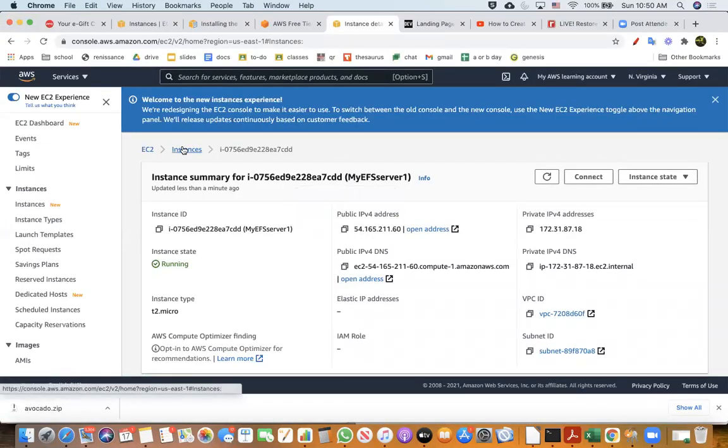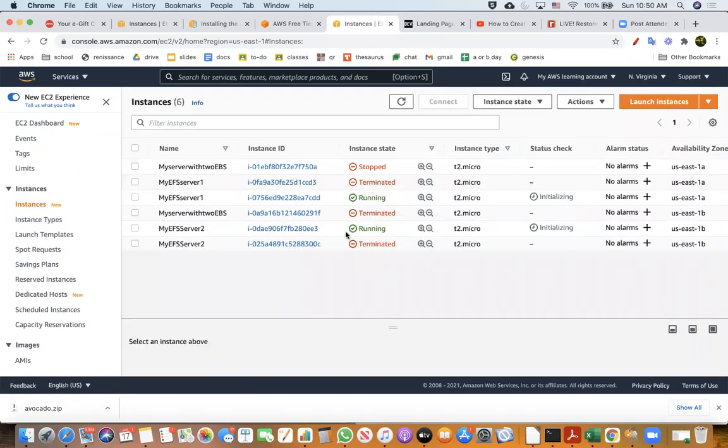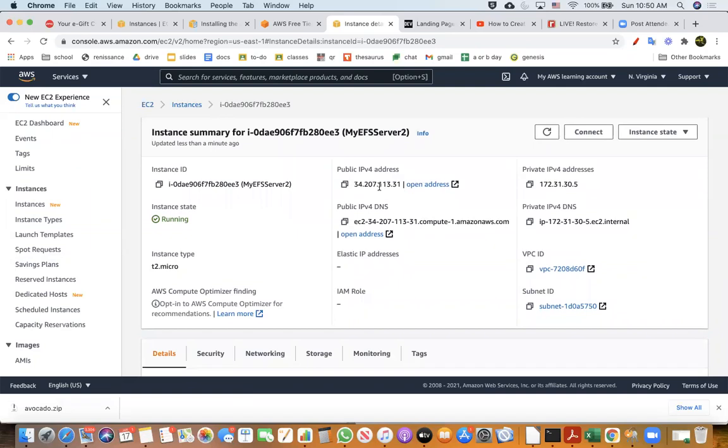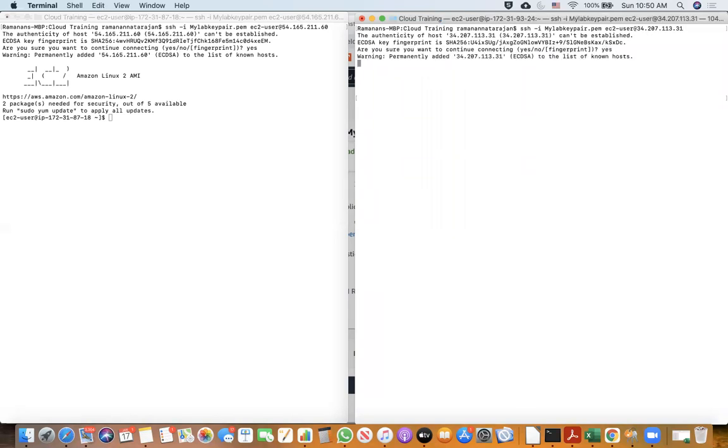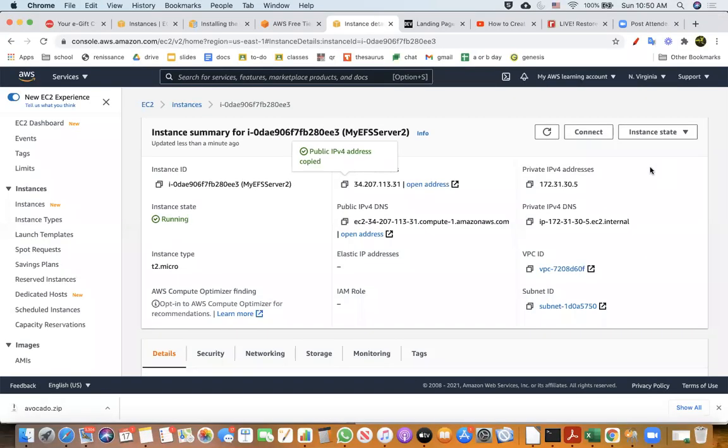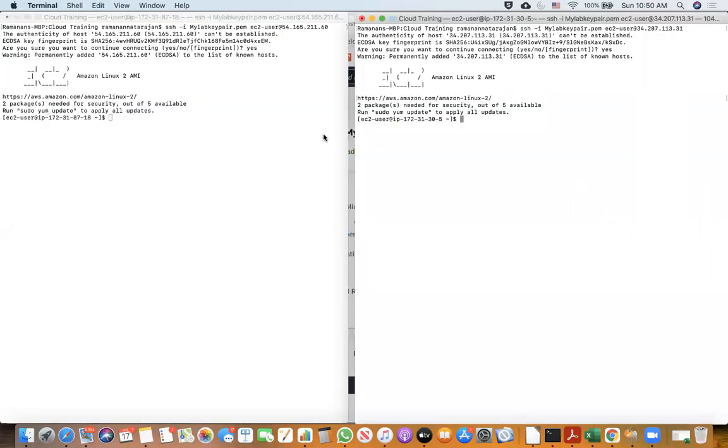Now I'm going to the second server. This is the second server. So in this second server, I'm going to do the same thing. See, it is logged in, 172.31.30.5. So I am in both the servers now.